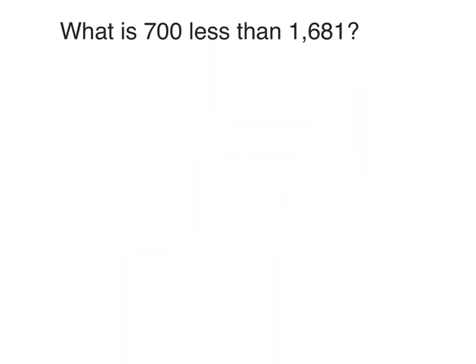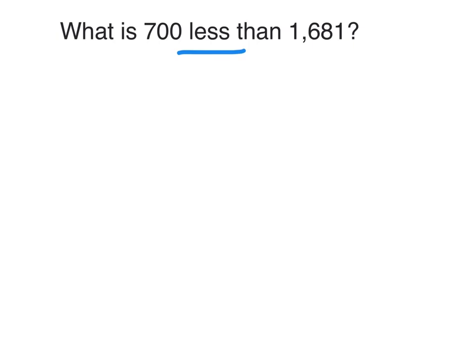All right, let's look at another subtraction problem. Let's look at what it says. You're going to have something like this, similar to your test. So what is 700 less than 1,681? So our key word is going to be less. And when we see less, we know that that's going to be a subtraction problem. So 700 less than